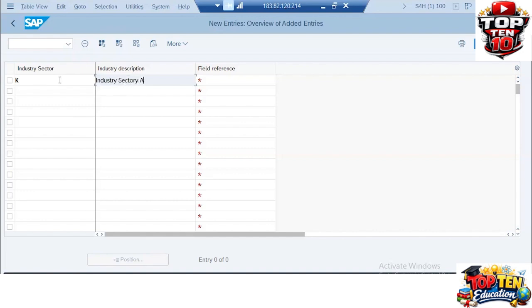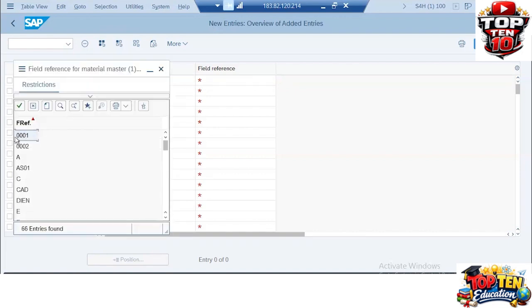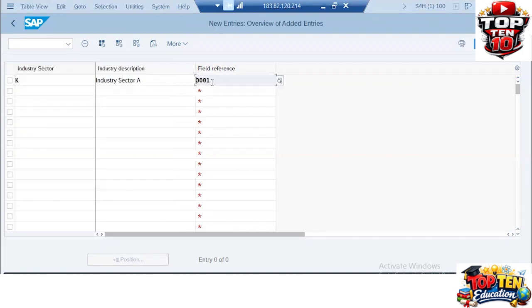Industry sector A. And what field reference? I'm just providing 0001. And I hope everyone knows about field status variant 0001. There should be no confusion. Just enter